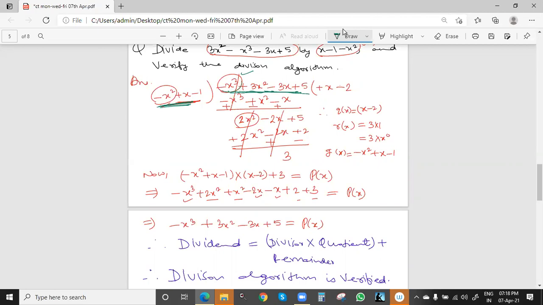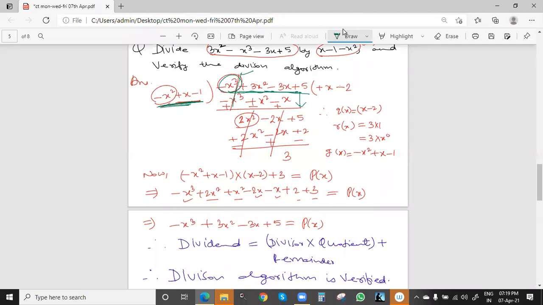So we'll focus on minus x cube. First we take minus x square, so minus x cube, and then we have minus x square. We'll take plus x because x into minus x square gives minus x cube. For the remaining values, x and minus 1, we also multiply: x into x square, minus 1 into x, minus x. Then this will be cancelled because these are equal and opposite. And 3x square minus 2x square plus 2x square minus 3x plus x minus 2x. 5 will come down as it is, plus 5.